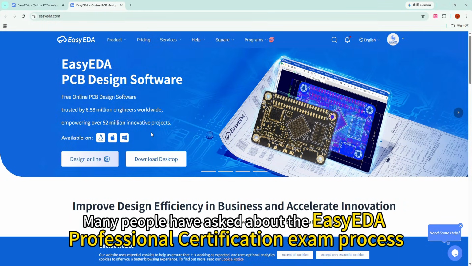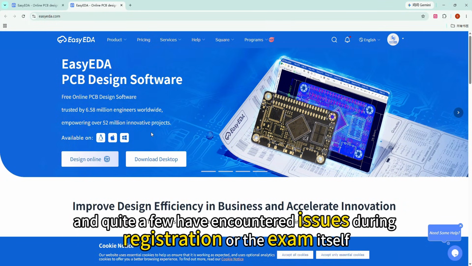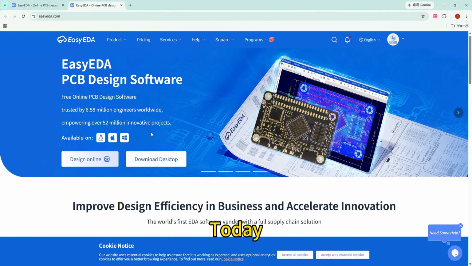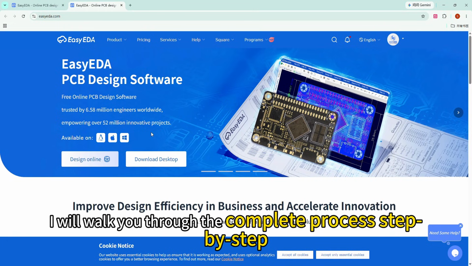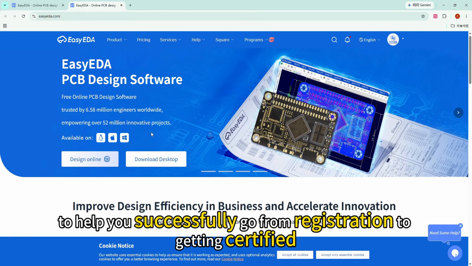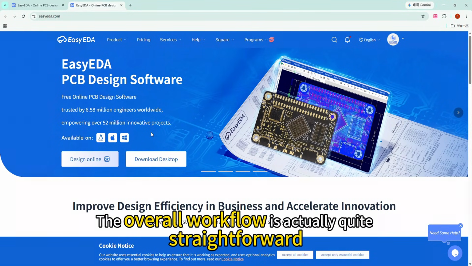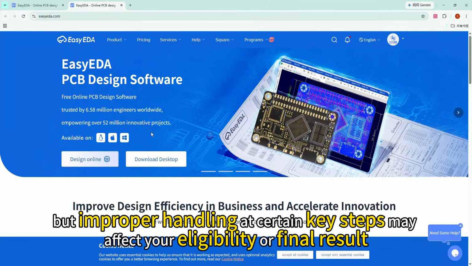Many people have asked about the EasyEDA Professional Certification exam process, and quite a few have encountered issues during registration or the exam itself. Today, I will walk you through the complete process step by step to help you successfully go from registration to getting certified. The overall workflow is actually quite straightforward, but improper handling at certain key steps may affect your eligibility or final